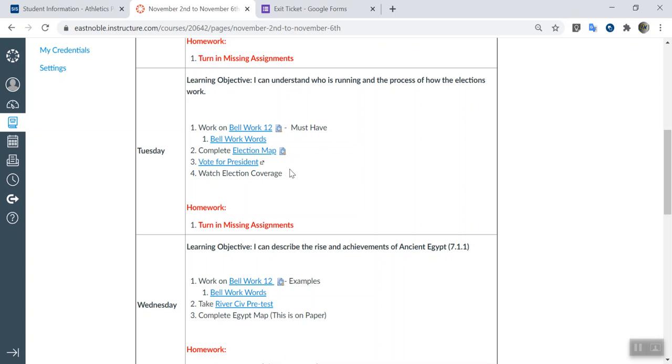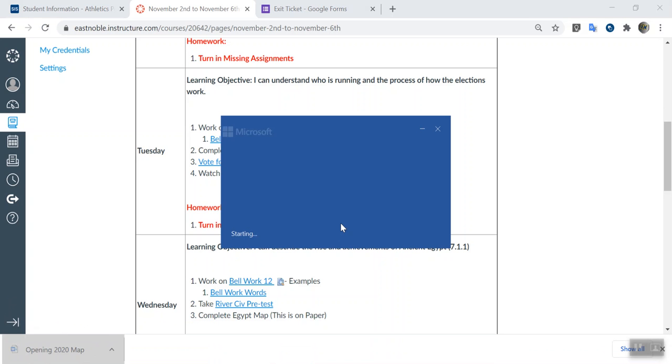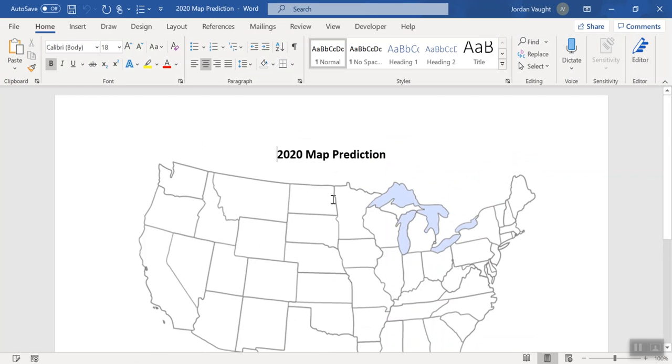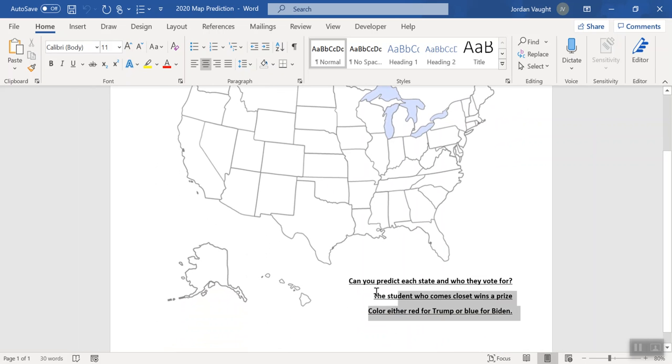Now, the map. Here's what I want you doing for that. You're going to click on it and download it. This map should be easier to work with. Remember, enable editing. Because it's a watermark, you shouldn't be able to write on it or move the image. It should just be there. So let me zoom out a little bit so you see the bottom, kind of what you're going to do here.